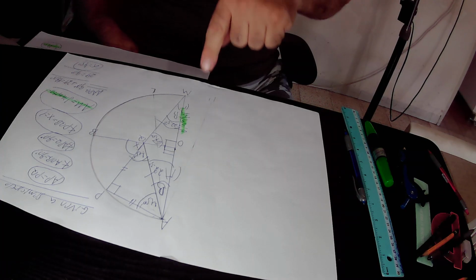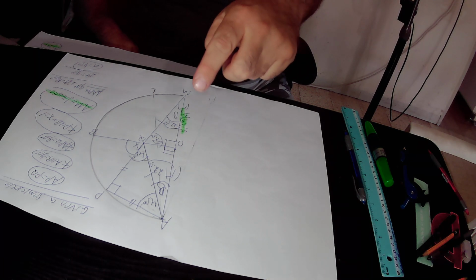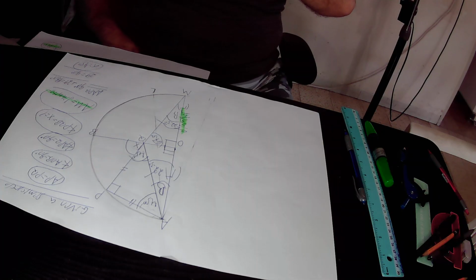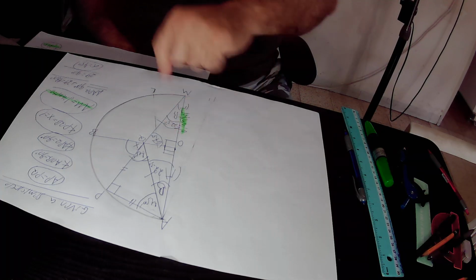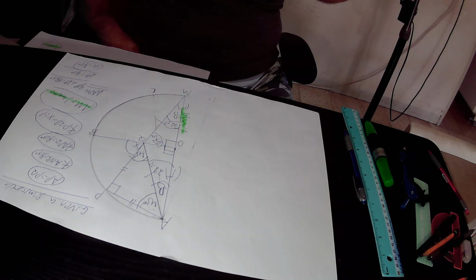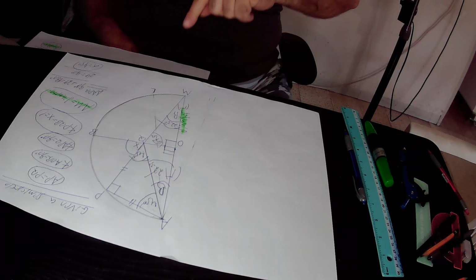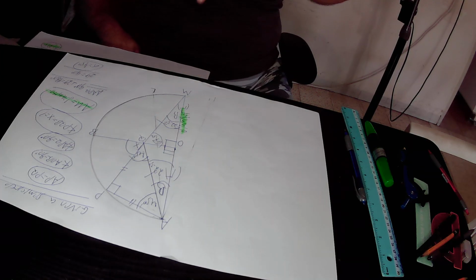It subtends on AL, which is definitely not the diameter. According to rule 5, any peripheral angle that is equal to 90 degrees in its size must subtend on the diameter of the semicircle. But AL is not the diameter of the semicircle. So we have a contradiction to rule 5. Therefore, it is impossible that the extended line segment PQ will touch the semicircle at point L. So we cancel this option, and